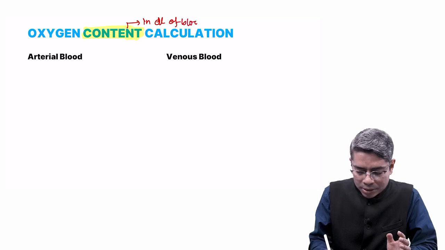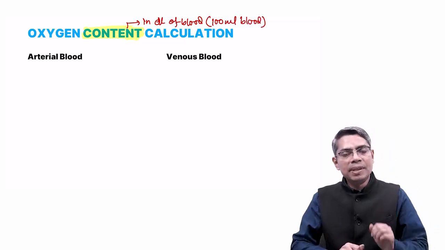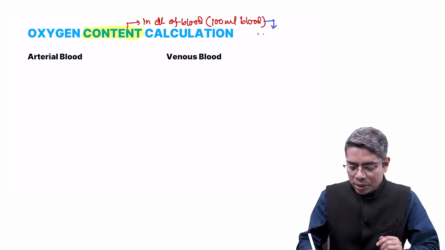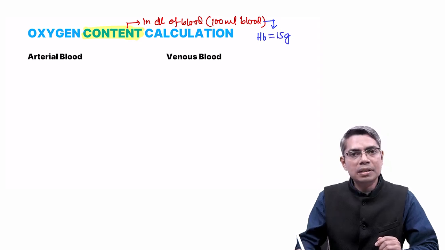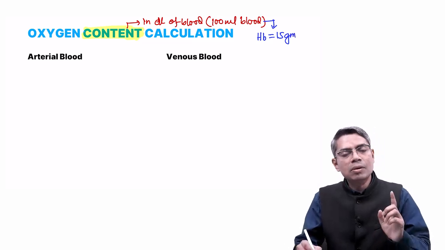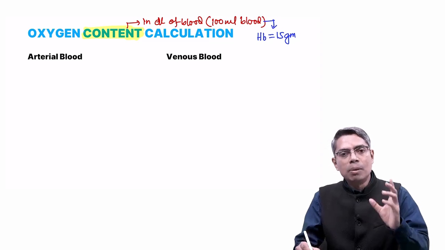In dl of blood means we are going to calculate this in 100 ml of blood. Getting my point? So, tell me, in 100 ml blood, how much hemoglobin is there? So, hemoglobin normal value is how much? That is 15 gram percentage. Gram percentage means 15 gram hemoglobin is present in 100 ml blood, or per deciliter